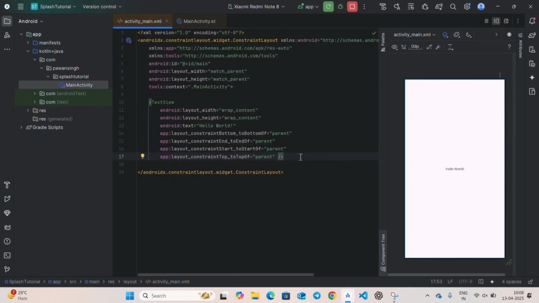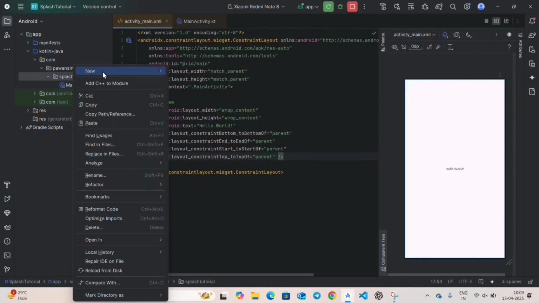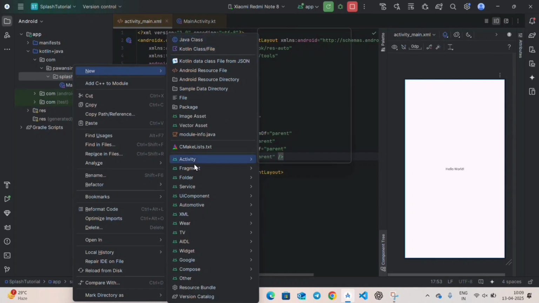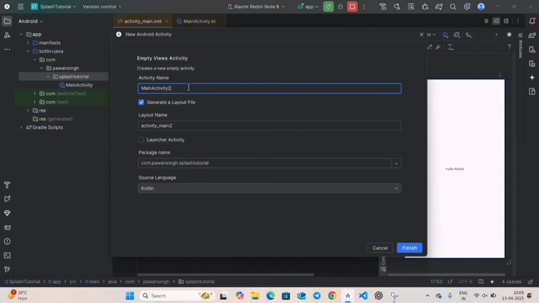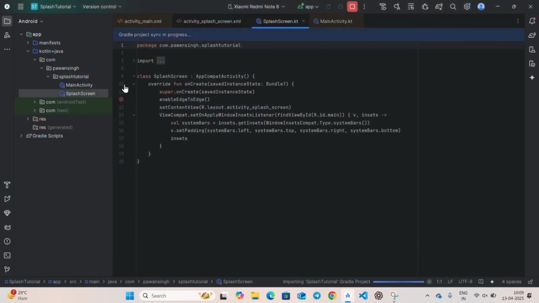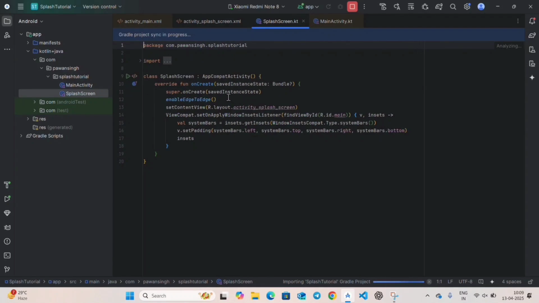So for this we have to create one more screen which will be shown as our splash screen. For this we will have to create an activity. So create a new activity, go to New and go to Activity, create an Empty Views Activity and name this splash activity, or you can also write splash screen, and then click on Finish. So our splash screen has been created. In this we have to firstly design its UI. So let's go to its XML part,